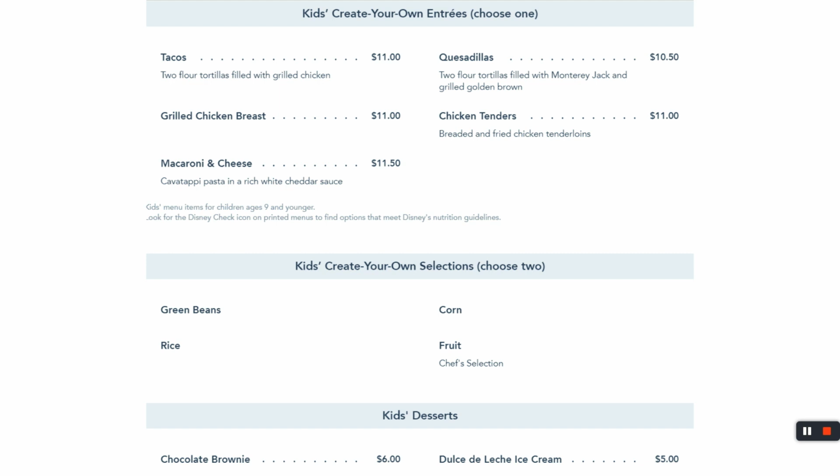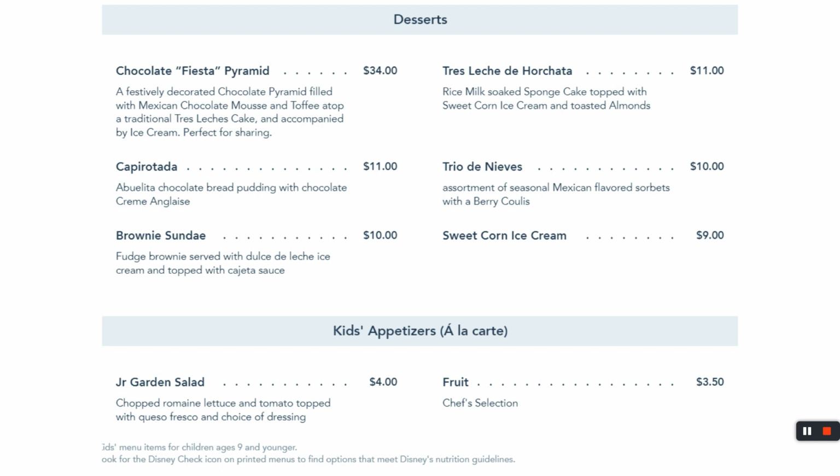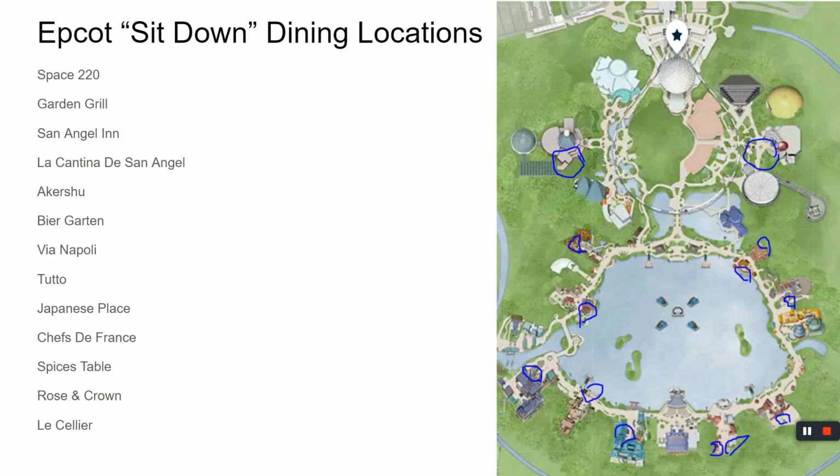Quesadillas, chicken tenders. Everyone's winning. The desserts, good for everyone. I love them. So I had to do keto. Love desserts. That Fiesta Pyramid,